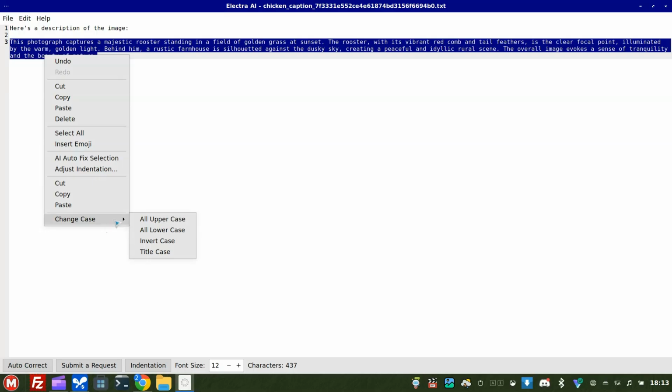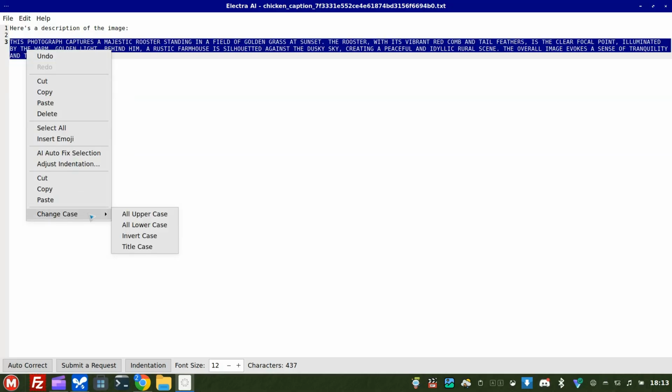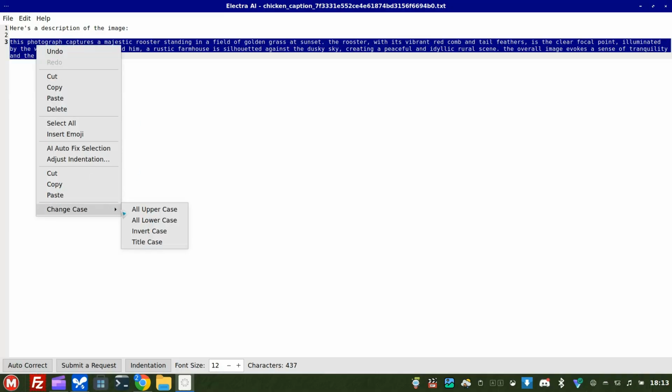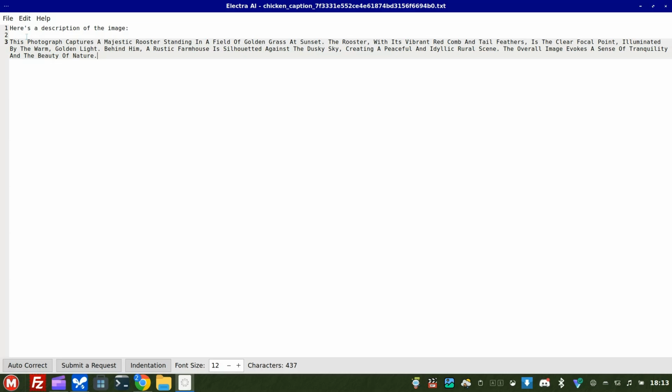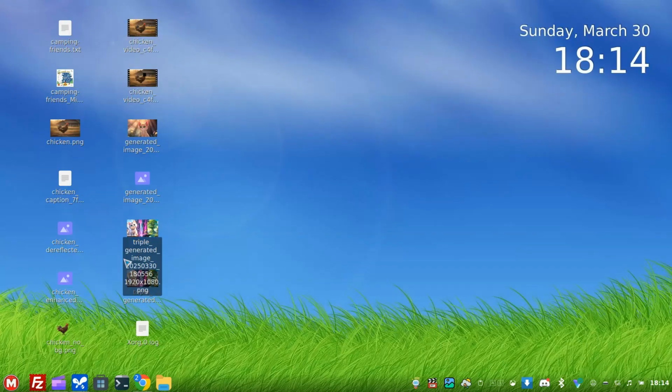You can also change caps, like all caps, all lowers, invert caps. Like I can make this all uppercase. Look at that, all lowercase. Title case, so it just puts the cases where it's supposed to be. Anyway, you can just right click, edit with AI editor. Pretty cool. Okay, now one of the other things that's new, where I've focused quite a bit on,